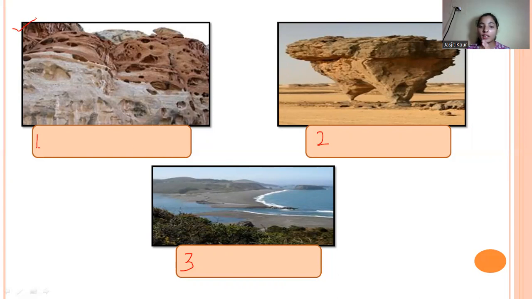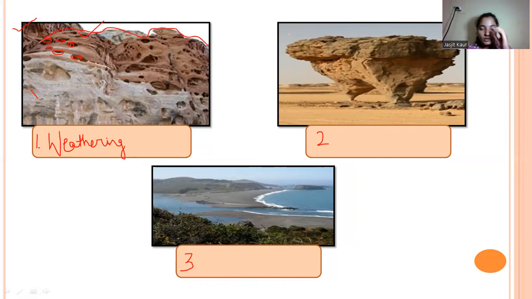Okay. So we are getting mixed responses. Some of you are saying weathering, some of you are saying erosion. Yes. So the right answer here is weathering. Why? Because here we can see in the slide the structure or the landform is there in that place, but we have shallow holes here. Some of the parts are being decomposed because of direct contact with the atmosphere, but the structure is at its own place, it is not being displaced. So this is because of weathering.